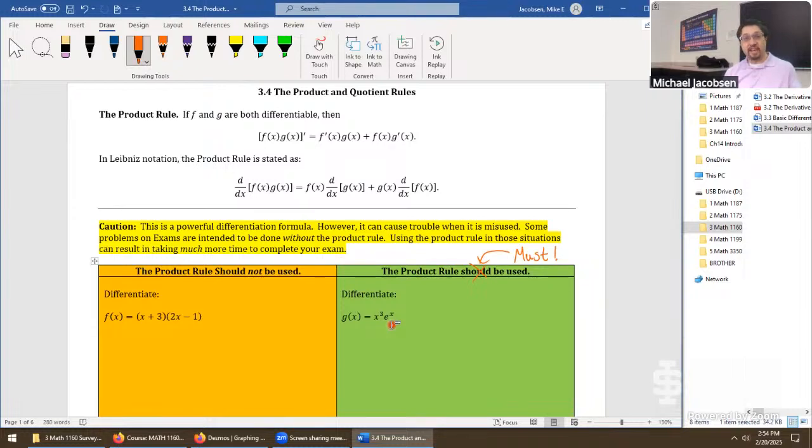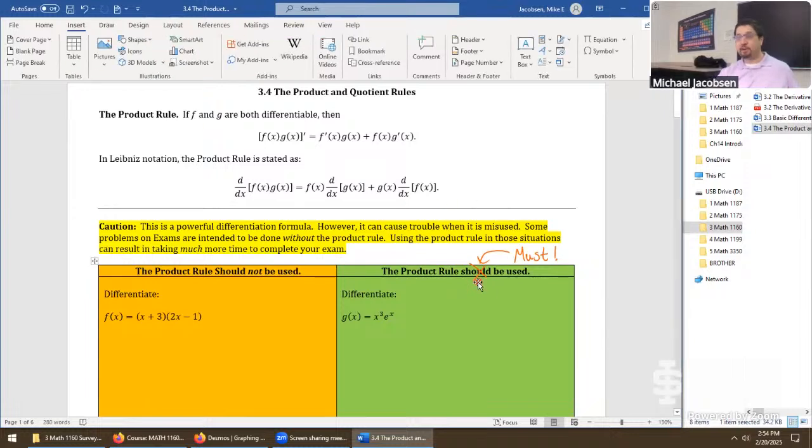And it comes up a lot with the exponential function. Once we have the logarithms in the picture, the logarithms often will apply a product rule if it's x times natural log x. Here we're looking at x cubed times e to the x. No possible way to expand. So we must use the product rule. We'll go g prime of x